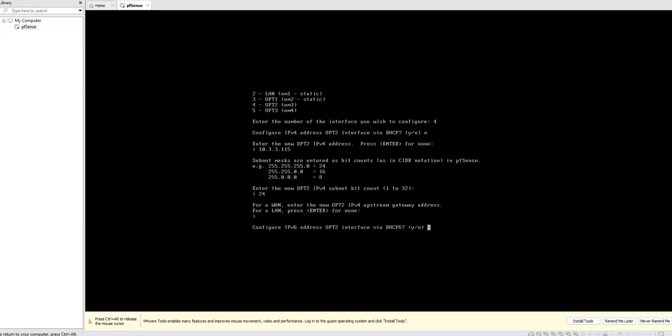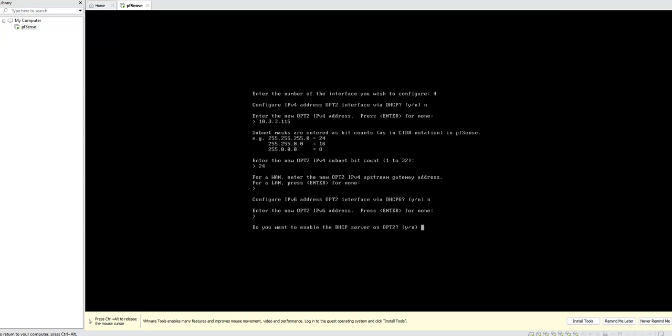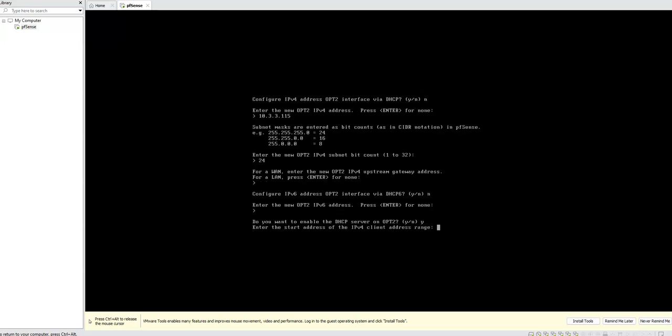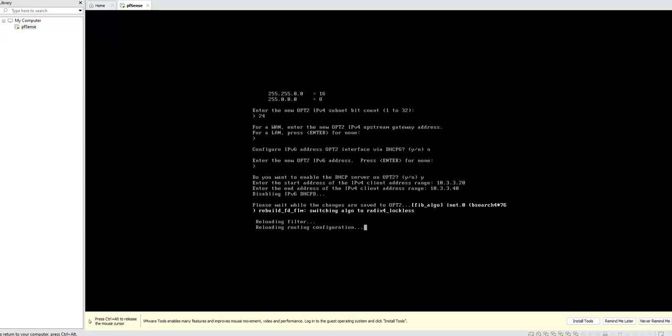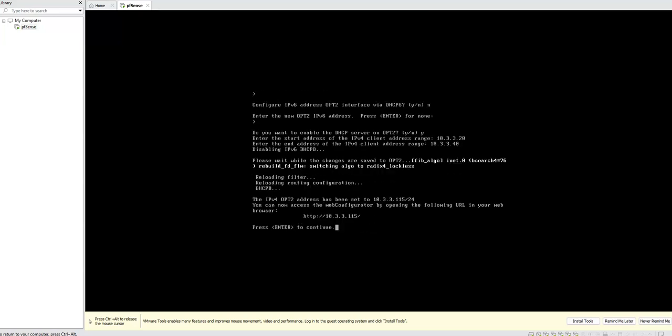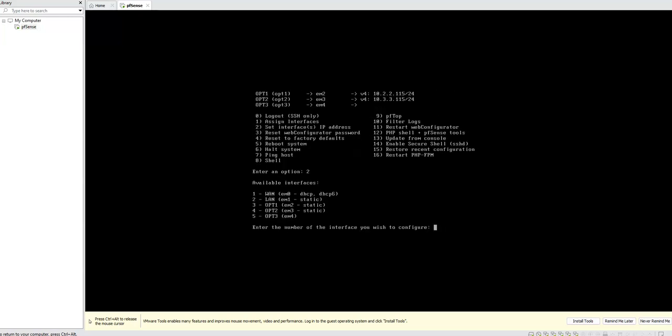Again, same process as all the interfaces: no DHCP, no IP version 6 here, and enter for empty value. Do you want to configure DHCP server here? Yes, we want to assign IPs from here. So 10.3.3.20, and it ends at 10.3.3.40, and then it will ask if we're going to use the web configuration. Same, continue. The last one we're going to do is again option 2, which is EM4, and then click enter,